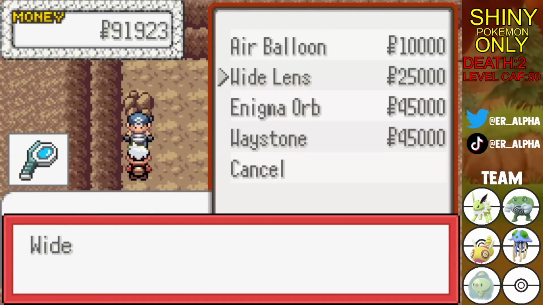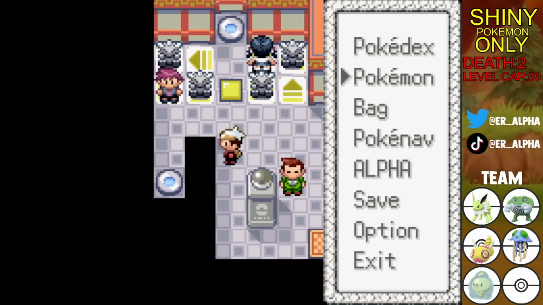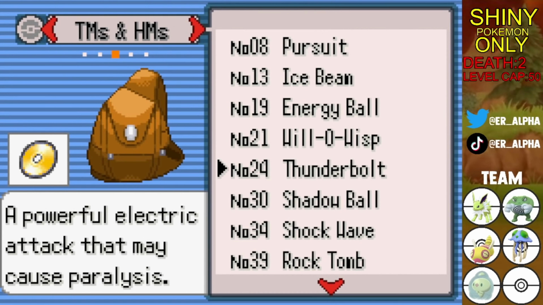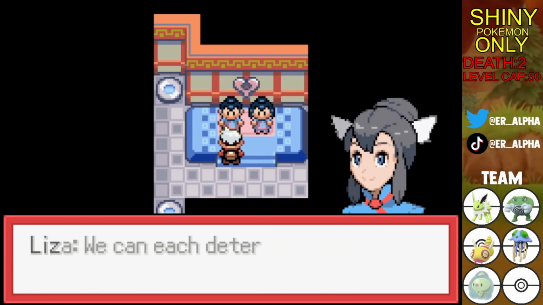And then we're going to head into Moss Deep City, where we face off against Tate and Liza's gym. We're going to teach Shadow Ball to our Pokemon because they're infinite use TMs, obviously. From there, we can face off all the trainers in here and face off against Tate and Liza for the